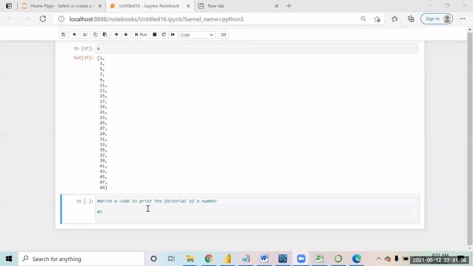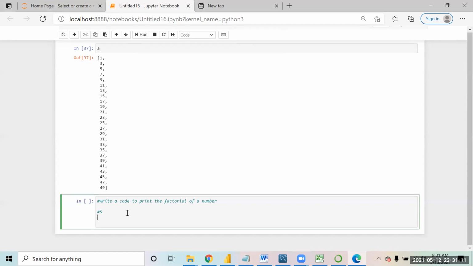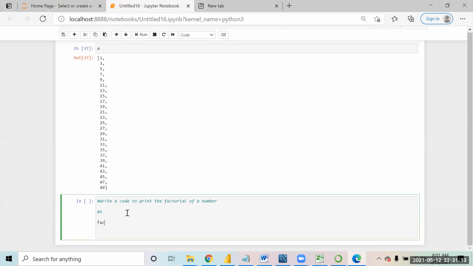So just go step by step, right? You will have to keep on storing the data at each value, right? You will have to define something where you will store the data, and your number with which you have to multiply. Suppose you have to find the factorial of 5, right? And then start with it.